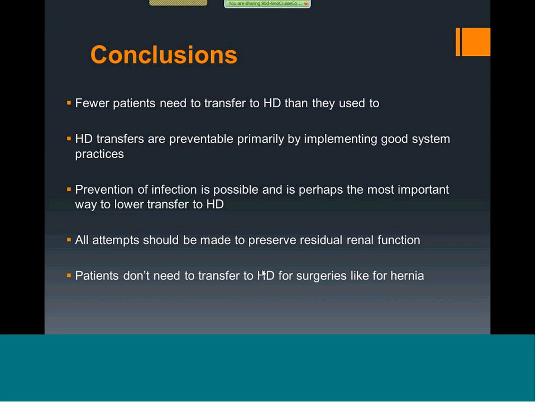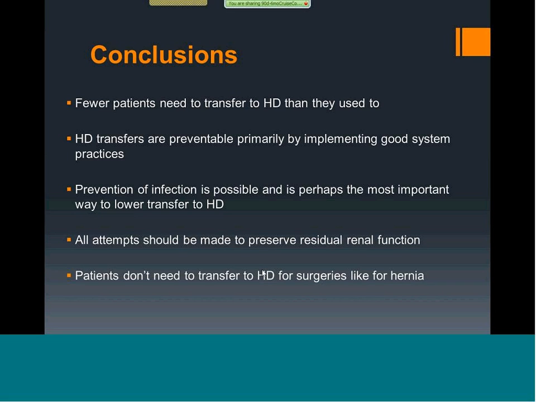Most patients, when they are a high transporter, what they need to do is to do a cycler at night and do long dwell in the day. You need to make sure that they don't carry a dextrose-based dialysate for a long period of time, so that a dextrose-based solution is not in the peritoneal cavity for 4 to 8 hours because they'll reabsorb. You can do it one of two ways. You can either give the patient a partially dry day. You can put fluid in, then drain out, and then have them dry the rest of the day.